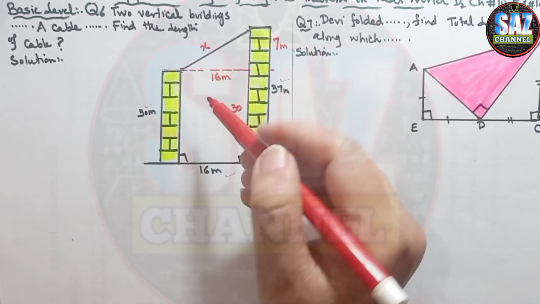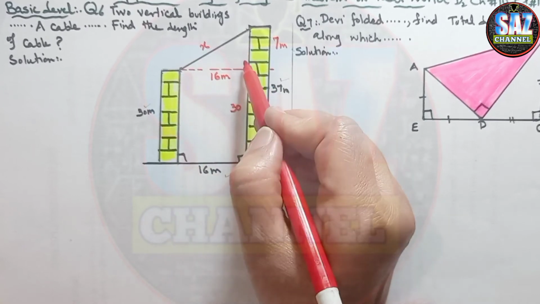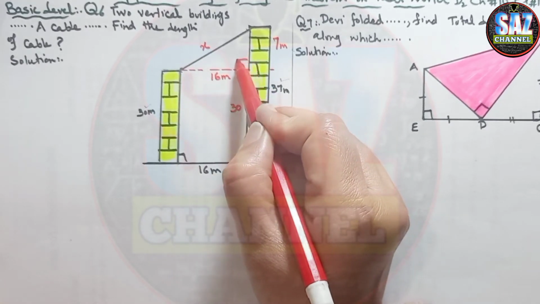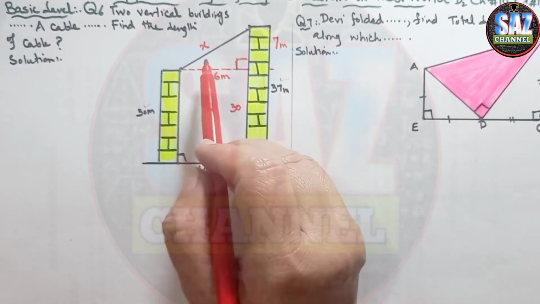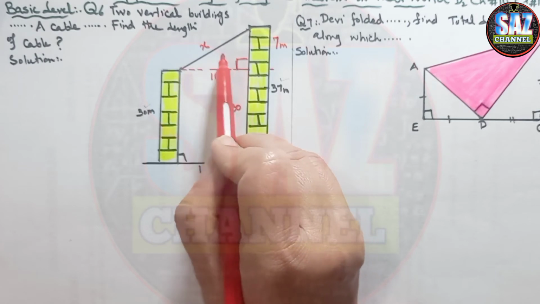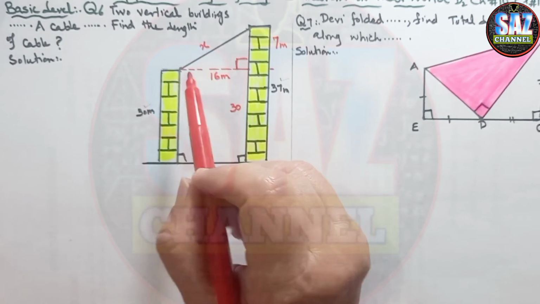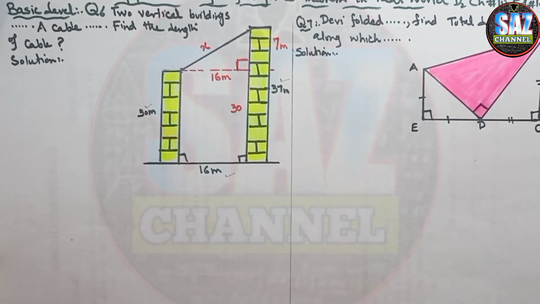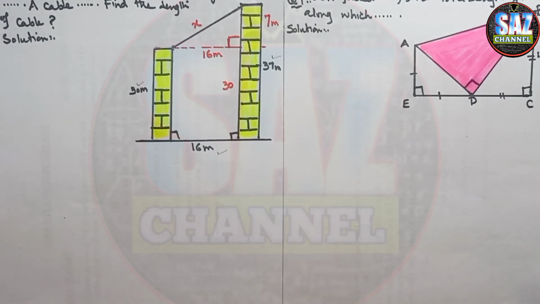Now we can see that due to 7, 16 and x, we have a right angle triangle with us. And now it's time to decide that which side will be hypotenuse, as x is the length in front of 90-degree angle. So we can say that x will be the hypotenuse. So let's move to the solution of the question. Let's write the statements. First, it's really important to support your working with small statements.